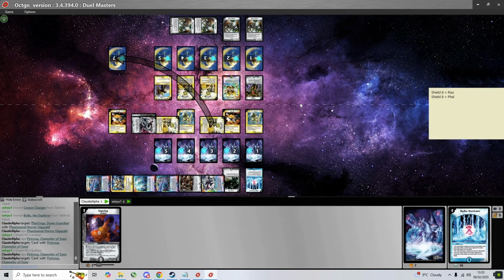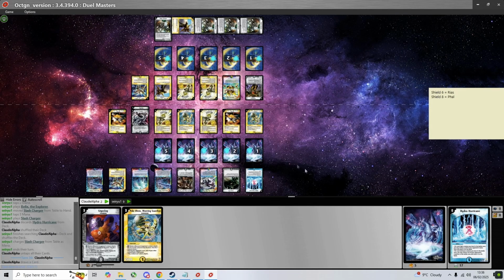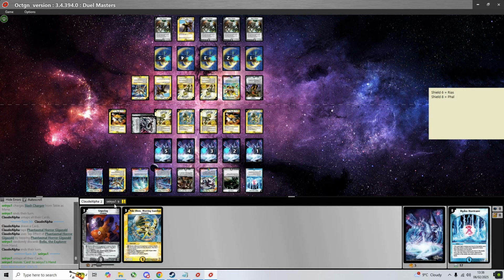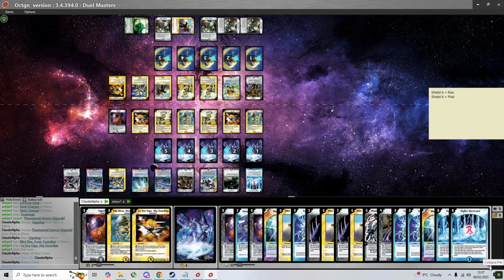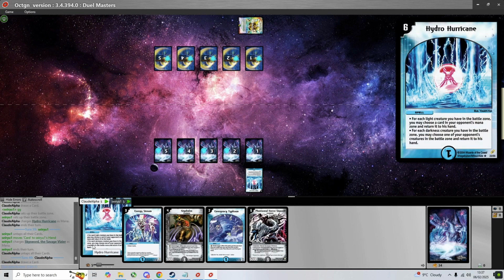I go in, trying to get as many shields as possible. So now it's most likely they are just gonna play Belix for Slash Charger, getting rid of Hydro Hurricane. Nice, playing Soul Swap to get rid of my Giga Salt, so now I don't have any way to get rid of the boosted Bilex, so...